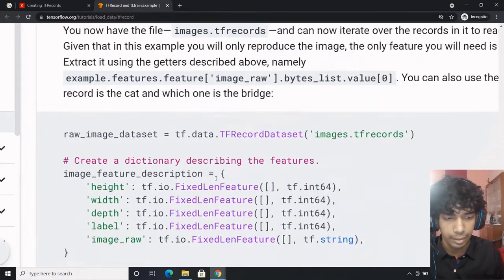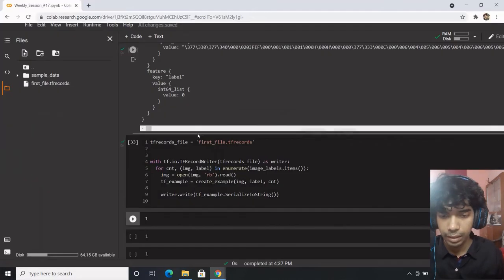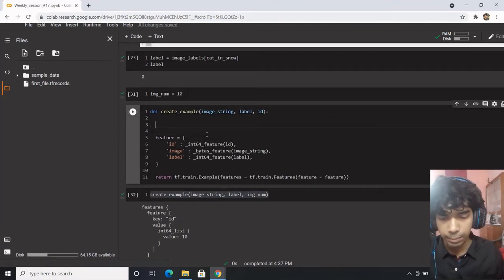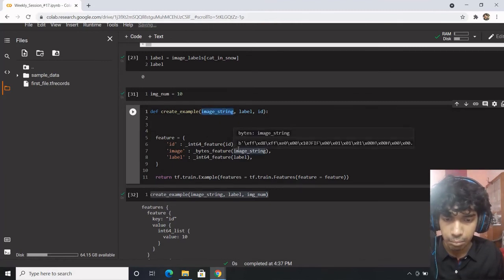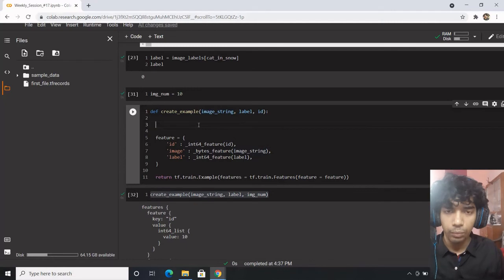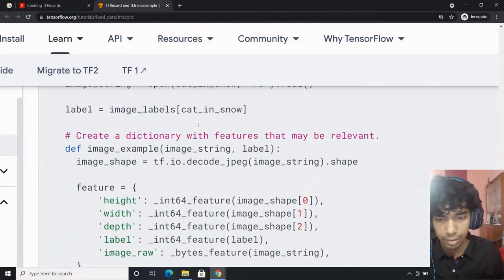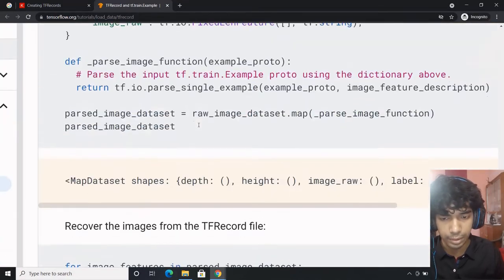Now we'll be trying to read the TF records file. So we just added 2 features. We could have added more features. And what about the decode JPEG part? So you are passing the string, but now let's say you want to extract out more features from the JPEG image. What you want to do is image real would be equal to tfio dot decode JPEG, I guess tfio or whatever, something like that. tfio decode JPEG. Yep.